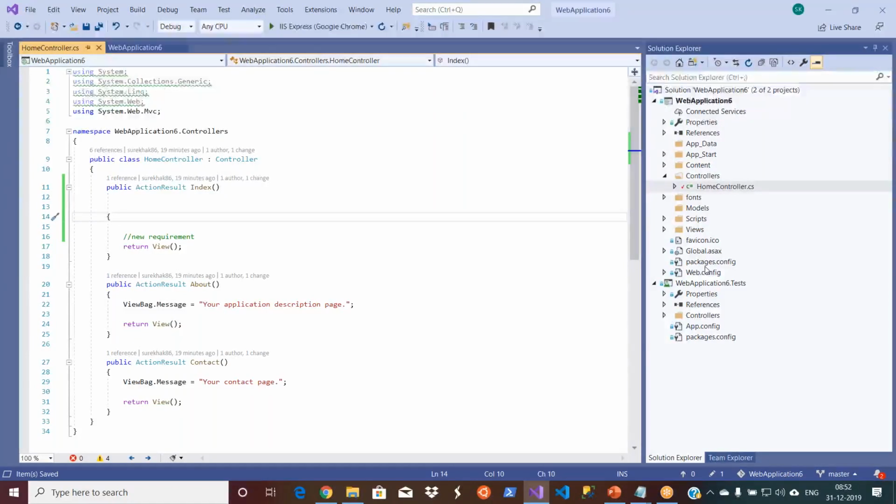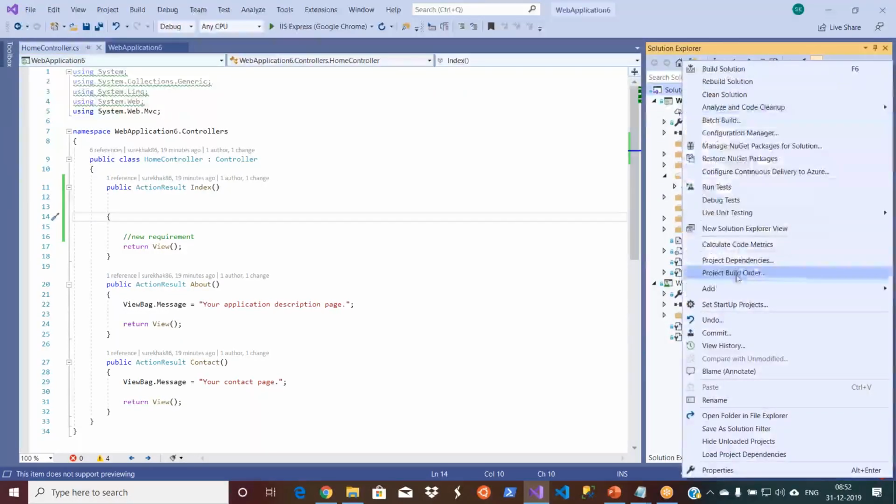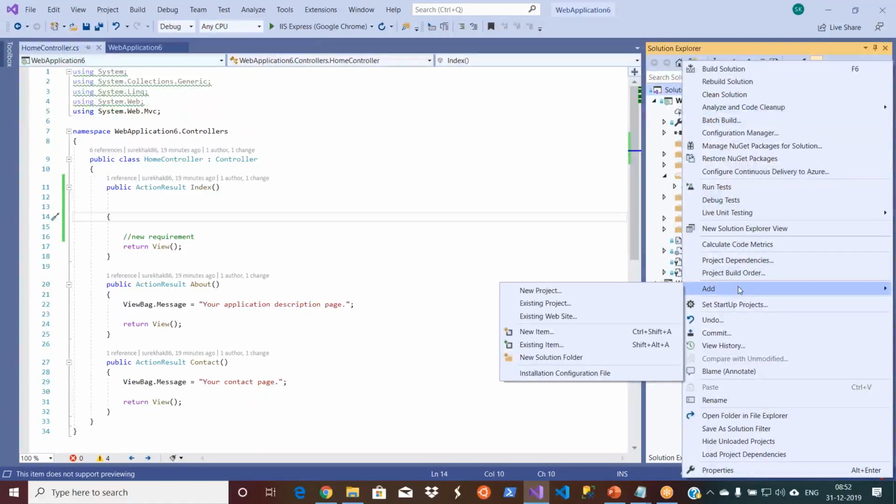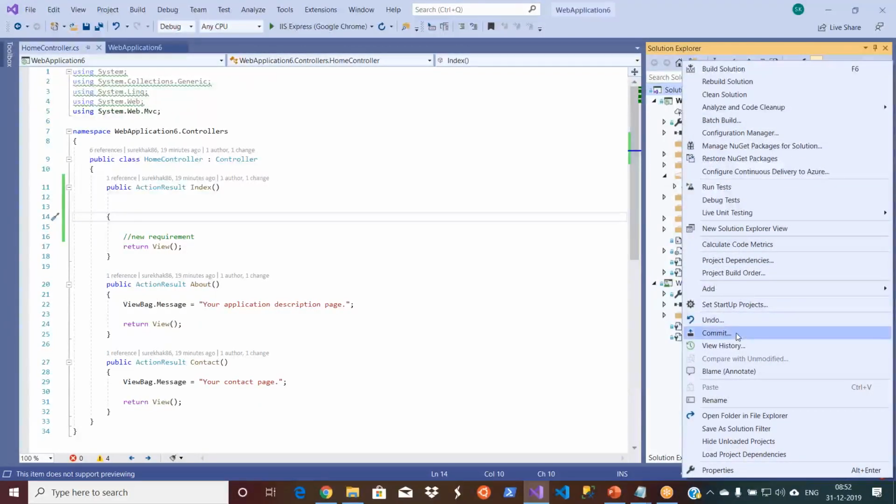You can't even remember where you made changes actually, what you have to do. That's where your stashing comes into picture. Now, say my project manager comes and asks me to go and work on this bug fix rather than working on this requirement. So what I'm going to do, I'm not going to push this code to my server. I want to preserve it locally.